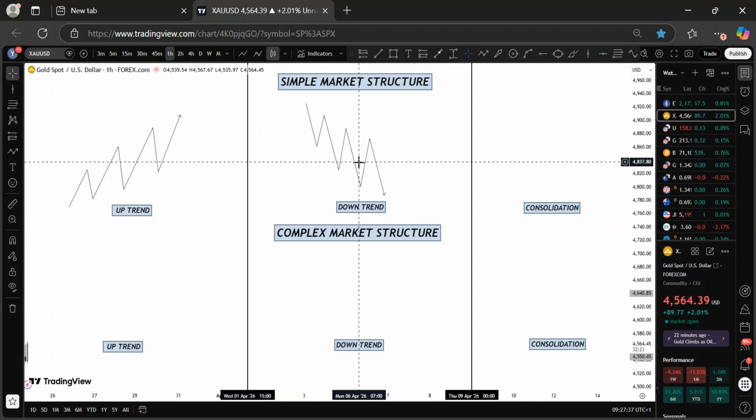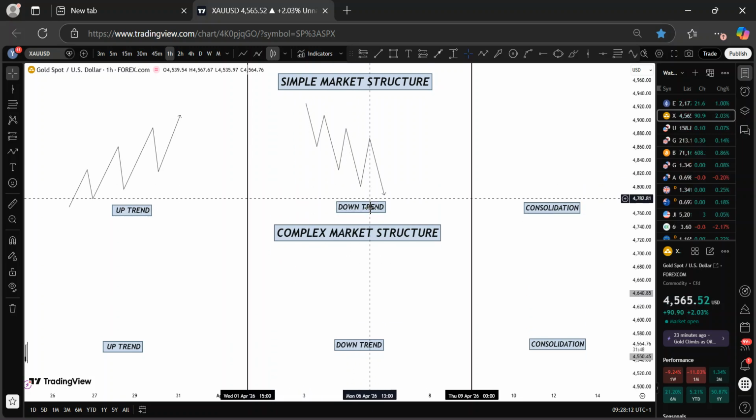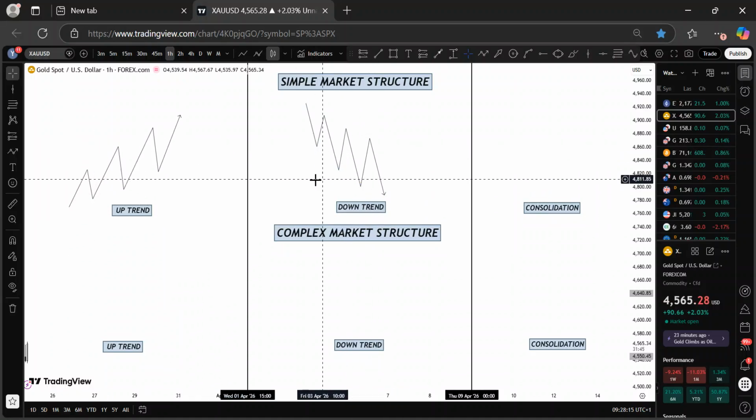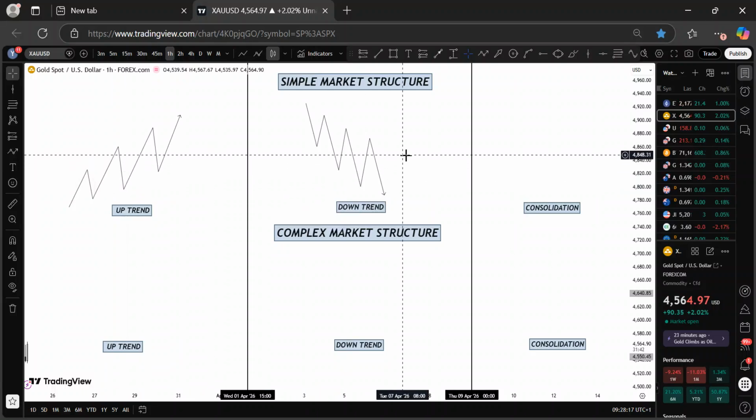No matter the pattern you trade, whether you're trading simple price action, W shapes, M shapes, double tops, triple tops, triple bottoms, bullish flag, and the rest of it, you are most likely to find these things there. They are structures. So regardless, this is not about strategy. We're not talking about strategy now. These are just the things that you're going to see, the character of the market. So this is what a downtrend looks like. If you're a trader, you most likely must have seen the market move in this manner.